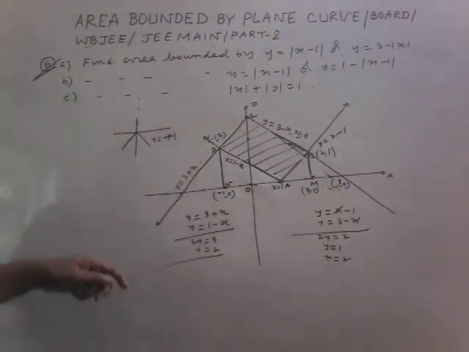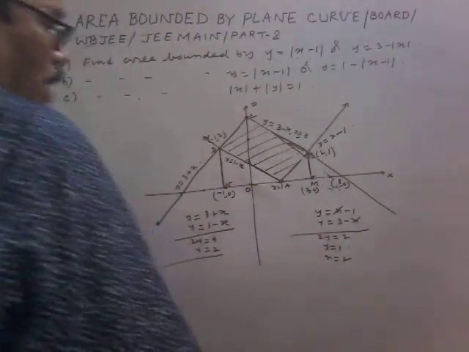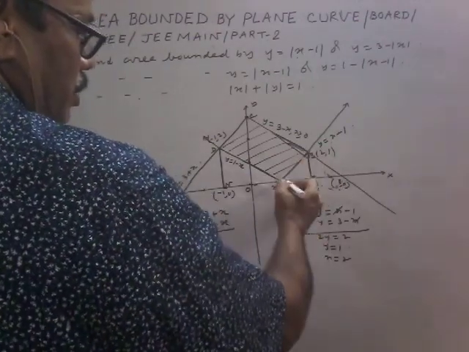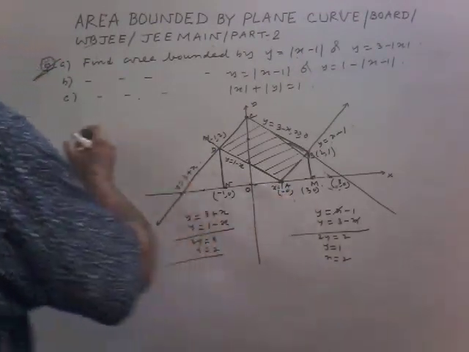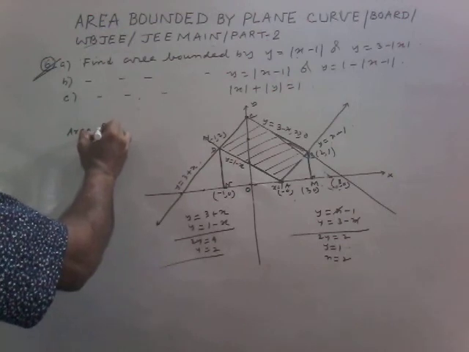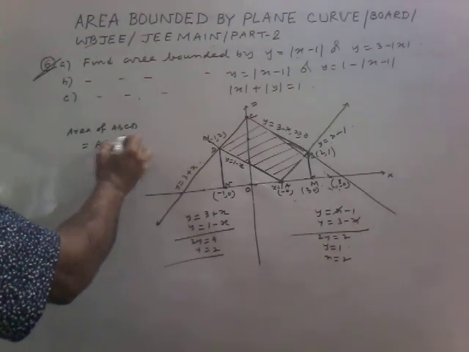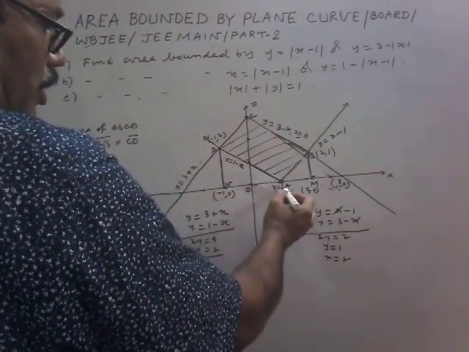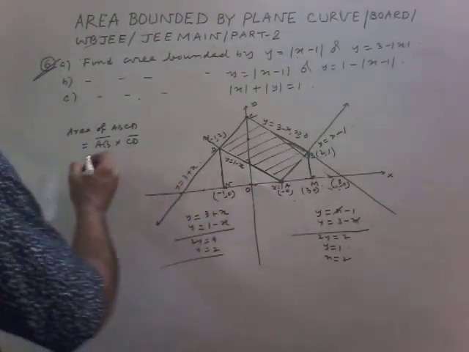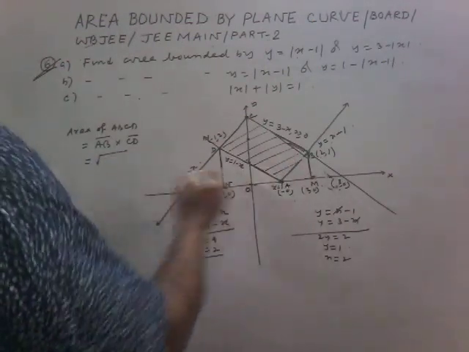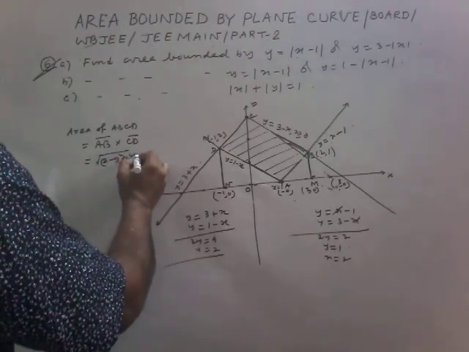So what is the area? You look, this will be lengthy if we use integration. Otherwise it is very simple. So AB is the length and AD is the breadth. So length into breadth. If it is a competition problem, area of ABCD equals AB into AD. AB: this is 1, 0 and this is 2, 1. So 2 minus 1 whole square plus 1 square. So this is root 2.